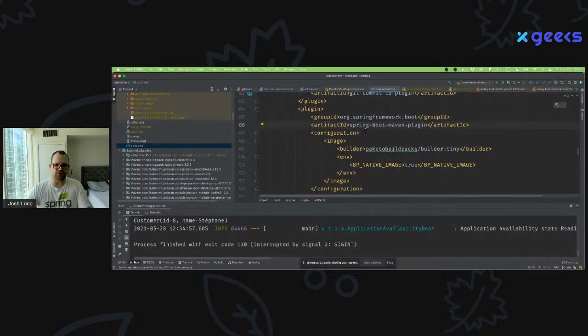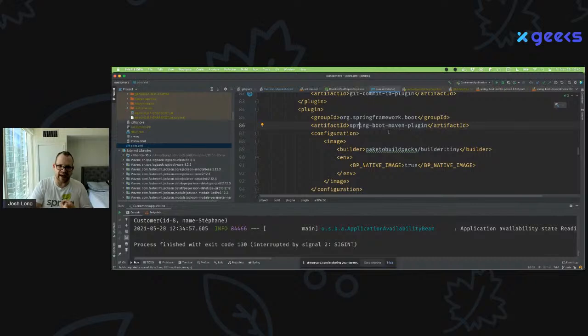However, I don't want just a regular Java application in the JVM. What I want is a GraalVM native image. Now, GraalVM is an OpenJDK distribution that has some extra accessories that are very nice. One of the things that it has is the native image builder. The native image builder takes your application, analyzes it at compile time, determines which classes you are using, and then removes every other class that it cannot see being used directly. So it gets rid of everything on the class path except for your code.